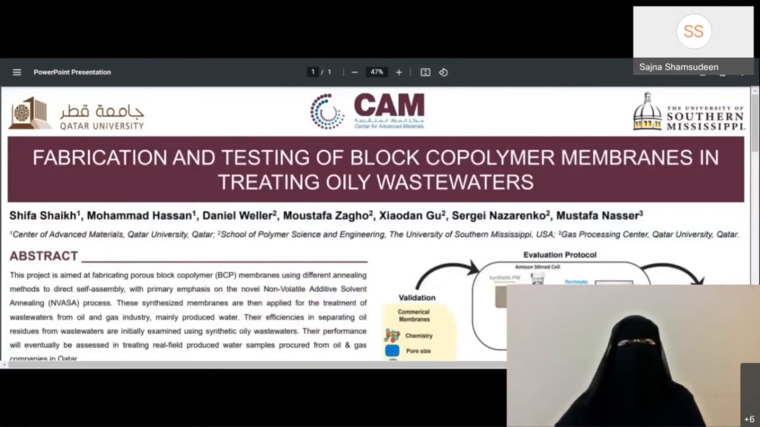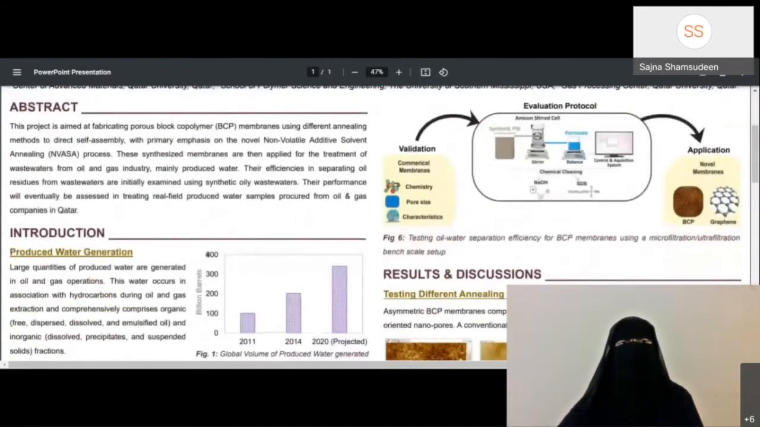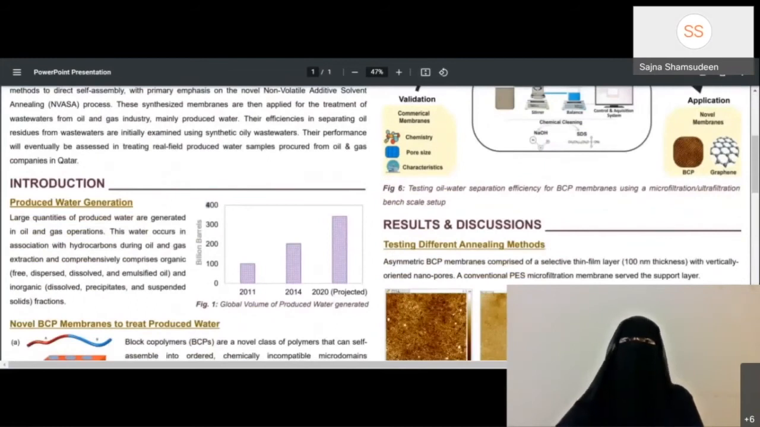The current project is aimed at fabricating and testing of block copolymer membranes in treating oily wastewaters. As is fairly known, oil and gas operations generate large volumes of produced water, which is essentially wastewater primarily characterized by high concentrations of hydrocarbons, apart from other pollutants. The beneficial reuse of the produced water requires intensive treatment, for which membrane separation technologies are deemed suitable, among a